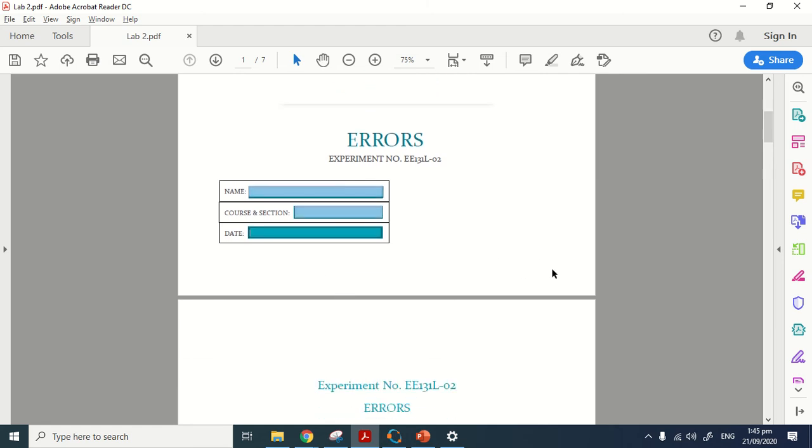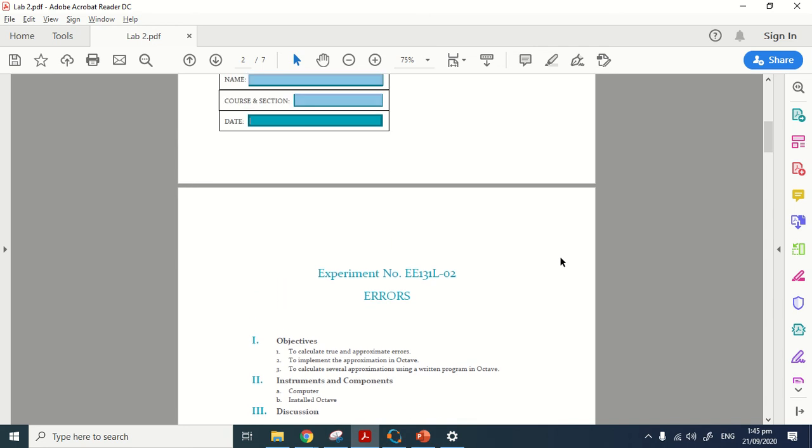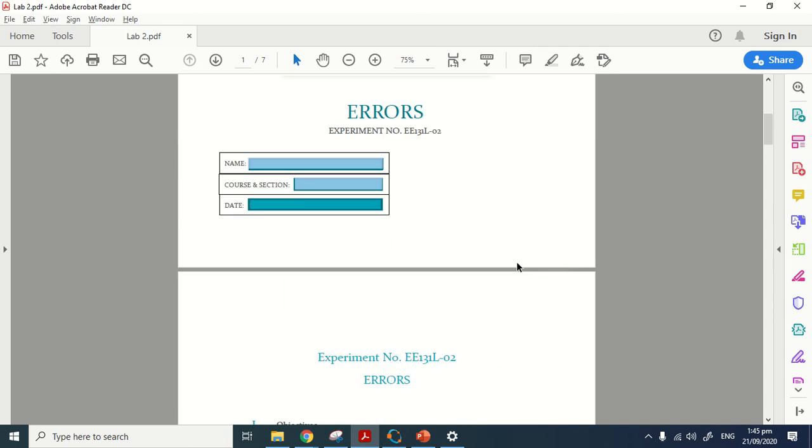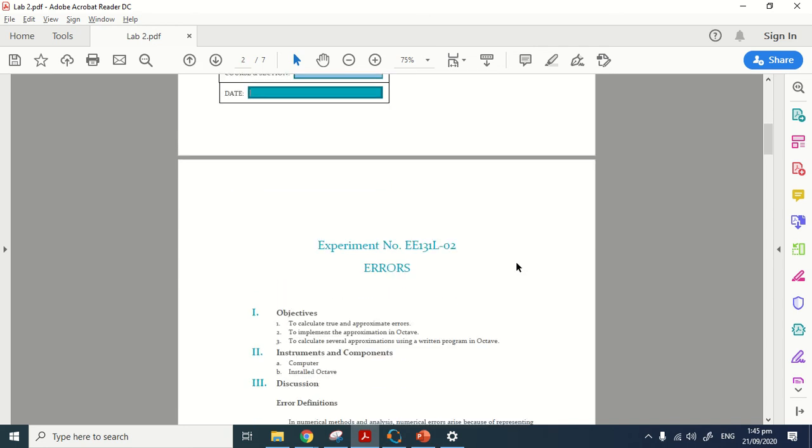So in this experiment, you don't need to insert figures. Wala na figure, you just need to fill up the data that is needed in the table. So this will be our objectives for this experiment. The main objective of this experiment will be we will implement approximation and calculate errors written in a program